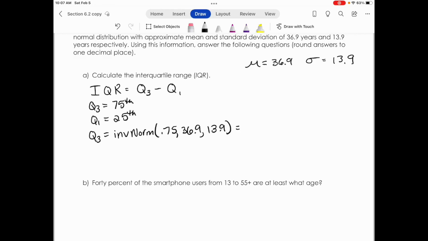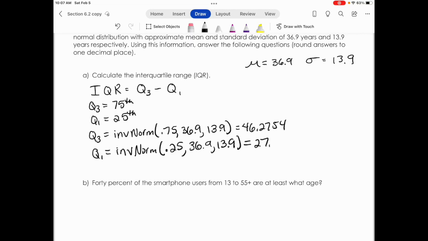When we do that and we hit enter, we're going to get that our 75th percentile, or our Q3, is 46.2754. Now we're going to do the same thing for Q1, but now we need to find the 25th percentile for Q1, so I'm just going to put in 0.25, and everything else stays the same. Now when we do that on the calculator and we hit enter, we're going to get that the 25th percentile is